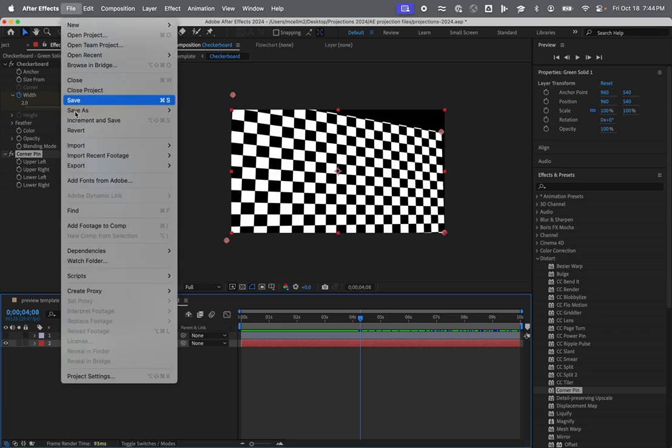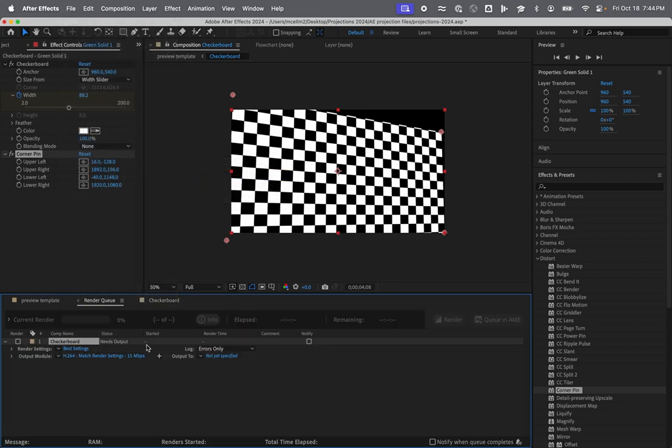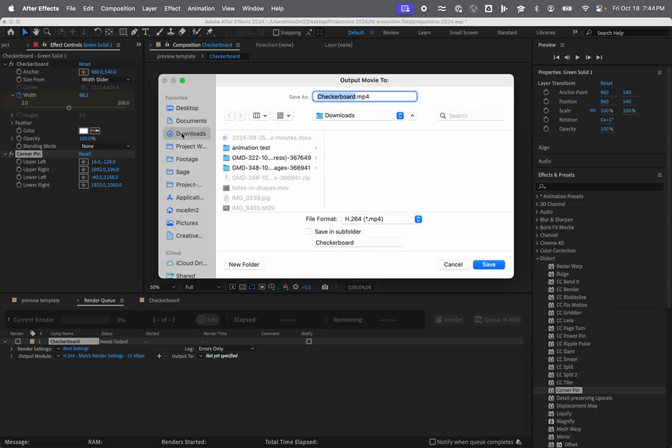I'm going to go to File, Export, Add to Render Queue. I can leave all these settings the same. I'm going to go Output to, and this is important, choose where you want to save it. But now the name is extremely important. Start with your name. In this case, I'll use Matt. Next, the number of the video you made. This is the first one I've made, and you're going to make a bunch of them. So then the number 1, then another hyphen,